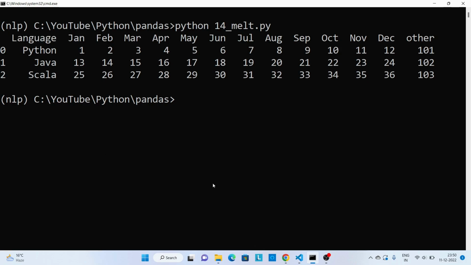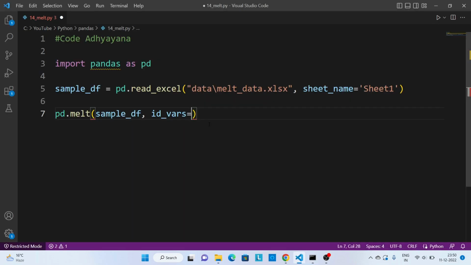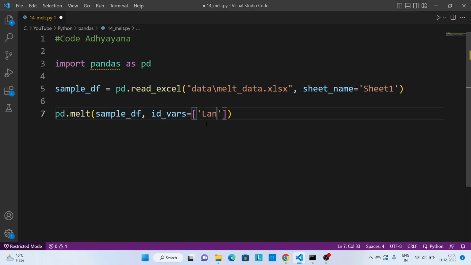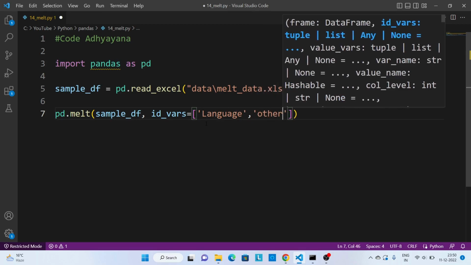I'll mention these two values here: language and other.